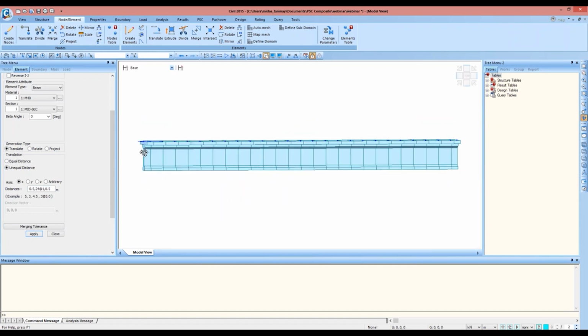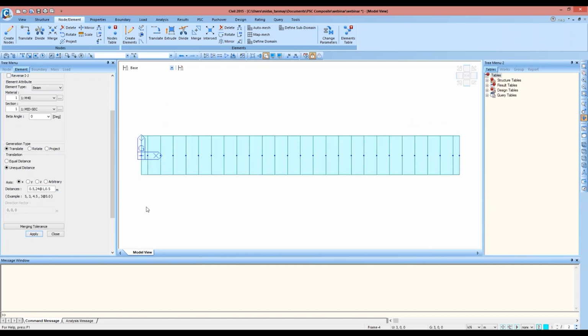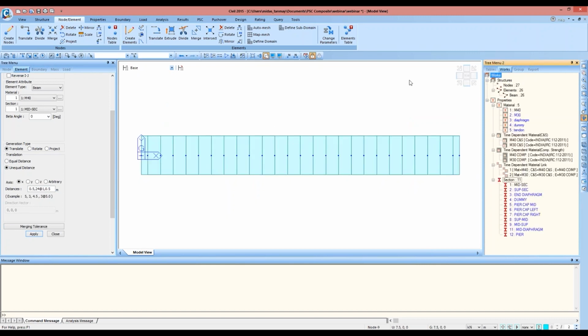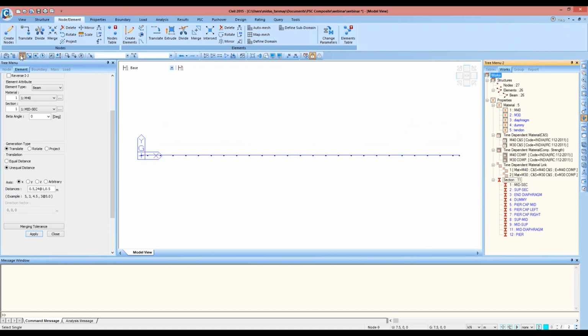Currently we need to have 2.5 meters support section, then tapered and then mid, so we'll allot them accordingly. So I'll go to the works tree, switch off the 3D view and select 2.5 meters, 2.5 meters and allot support section.